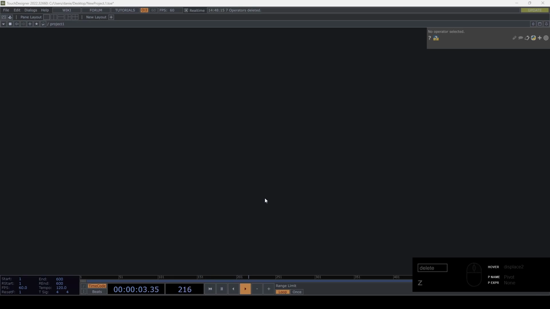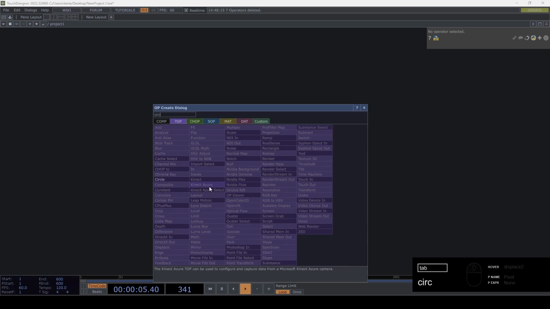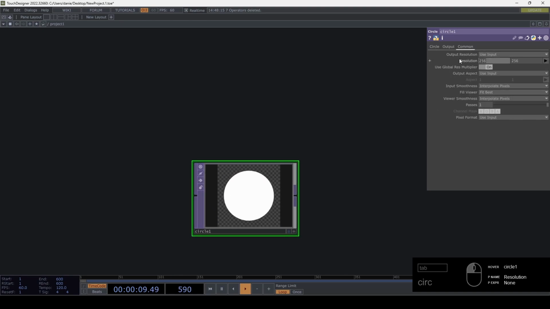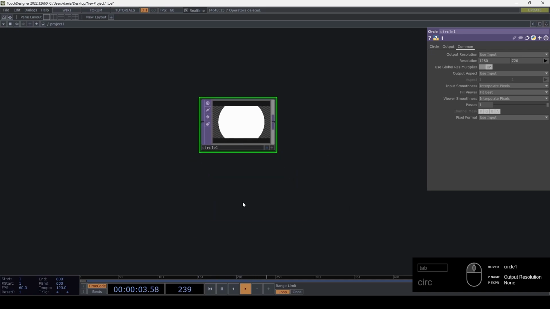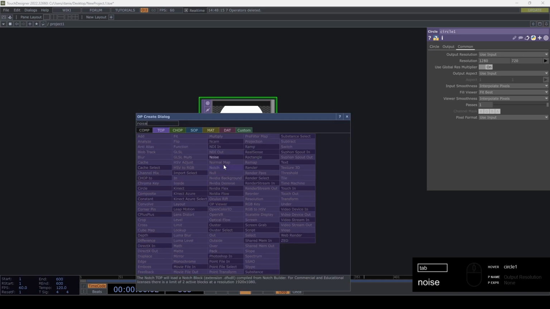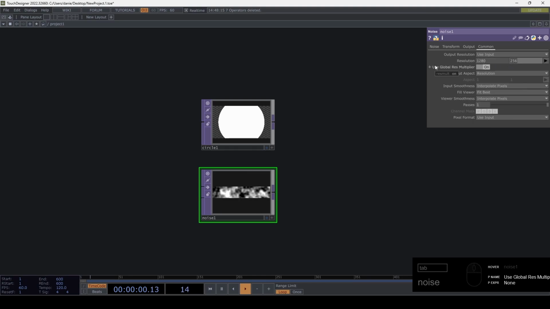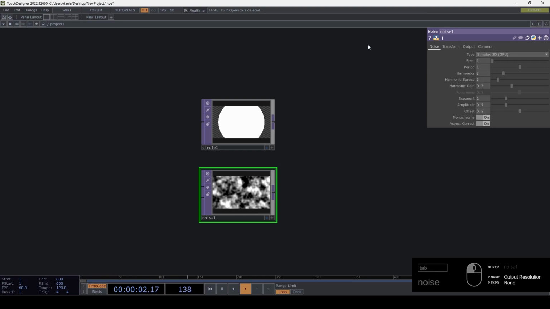So first thing we'll need is a circle. Grab this, set the resolution to 1280 by 720. Grab a noise. Set this resolution to 1280 by 720. Go to the noise tab, turn monochrome off, set the period to 11, the harmonics to 1, and go to